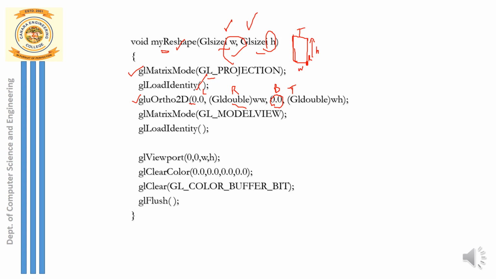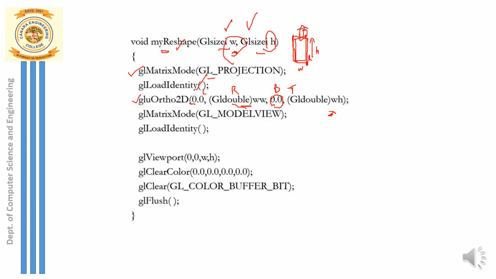So you can see here the new clipping rectangle is set this way. Left and bottom remain the same, whereas the right is set to the new width, WW, and the top of the clipping rectangle is set to the new height, WH. So a new clipping rectangle I am defining inside my resized display window. Left and bottom remain 0 0, right is changed to new width and top is changed to new height. So the first step is done.